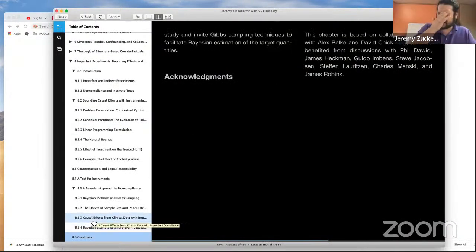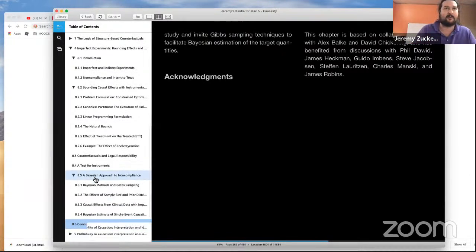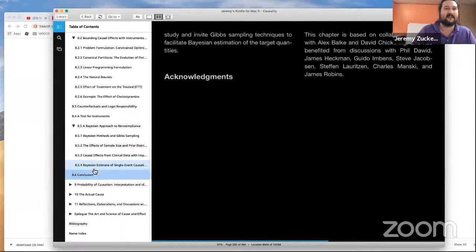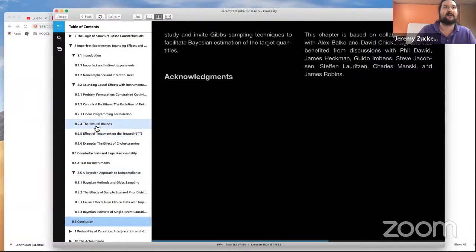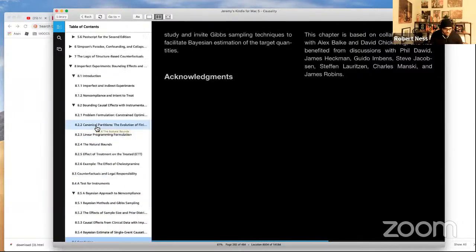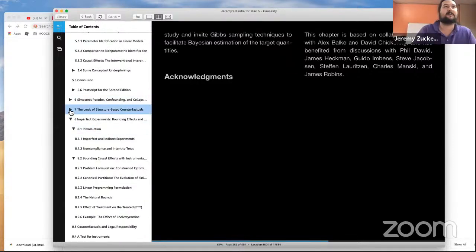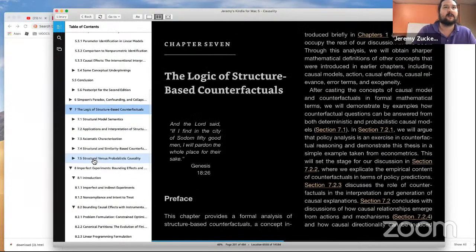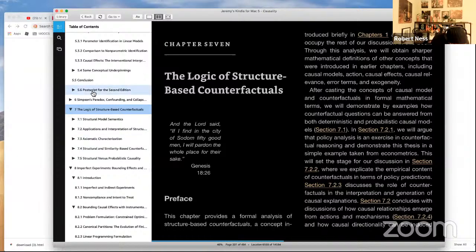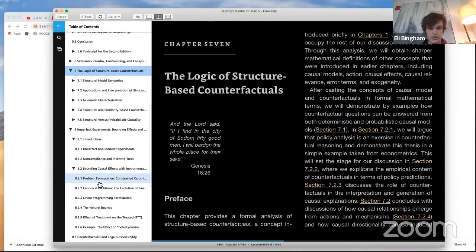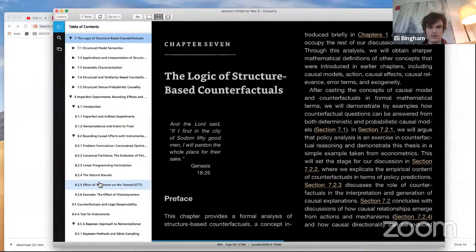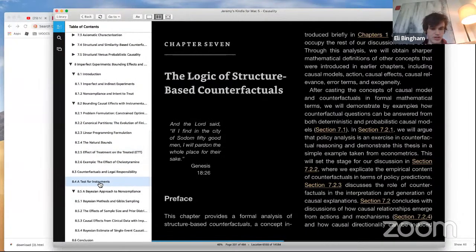Robert, when you were going through your paper, you were looking in Causality. You remember what section it was that you found? We talked about the bounds, natural bounds. 7 or 8, maybe. That's what I was trying to remember. Again, I don't think Pearl's presentation of the bounds in either the book or any of the papers that he's written is very good. I find them impossible to understand.